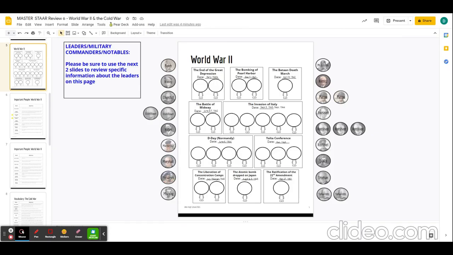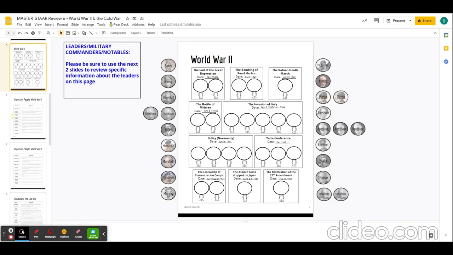Alrighty, here we go. The key people of World War II. Kind of think of this as our World War II Hall of Fame, the people that are most important for us to understand as the key players in the war. So I'm going to speak about why they're important as we drag them to their right places. But remember, on the next 2 slides, you also have in writing why they're important. So you don't need to feel the need to annotate too much on this slide.